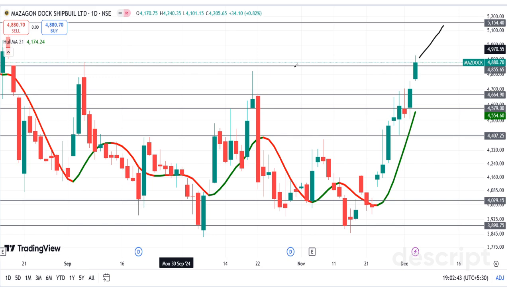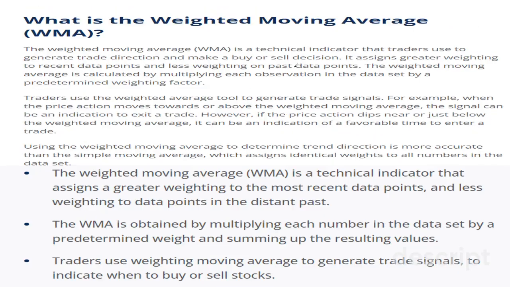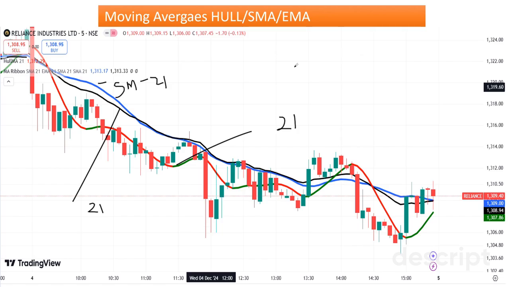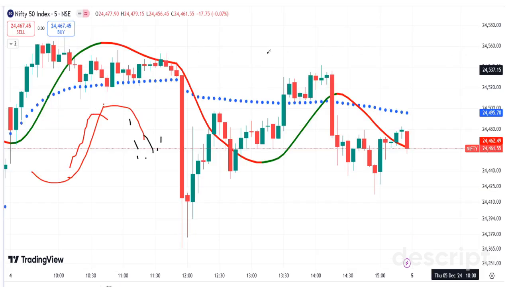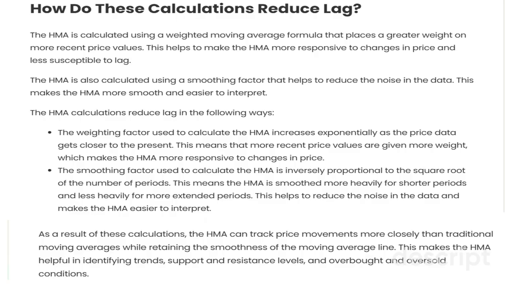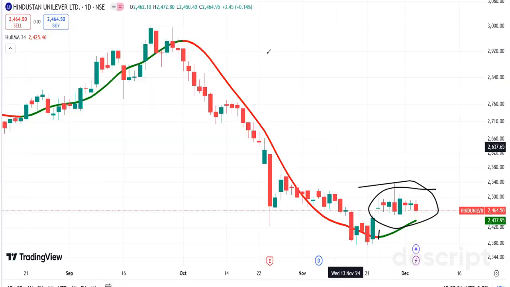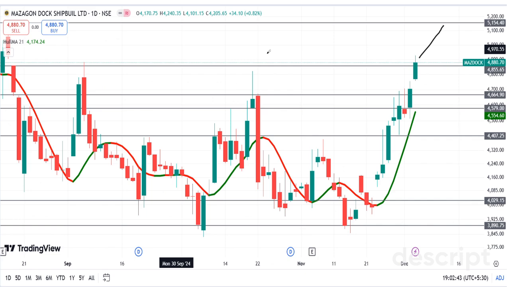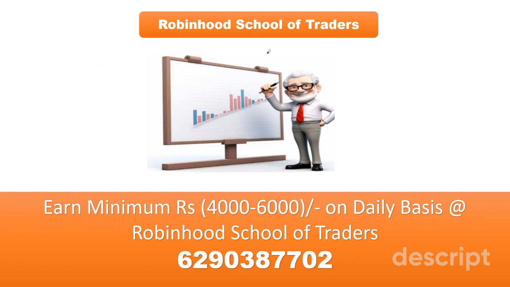So I've shown you this indicator. It works in all time frames. Number one, it is far superior to SMA and EMAs. Number two, you can use this indicator like VWAP for intraday. You can use it with RSI or MACD for swing trades. So with this, I think our trading should improve, and we should be able to get more profit. This indicator is very simple to trade.